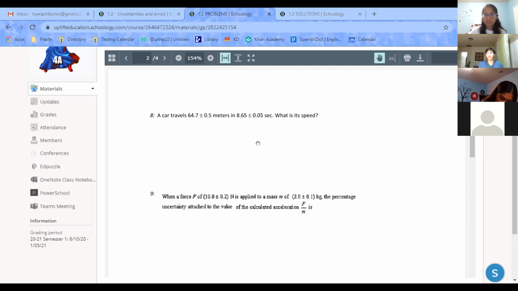Wait, so I got 7.5. Wouldn't you round the first one to the same precision as your uncertainty, or can you leave it at 7.48? That's another area where I get confused. Yeah, I was confused about that too, because the answer key does say 7.48 plus or minus 0.1, and it's not the same sig figs and it's not the same precision either. I was confused as to where she got that from. I haven't asked her yet, but I probably will, because it seems inconsistent.